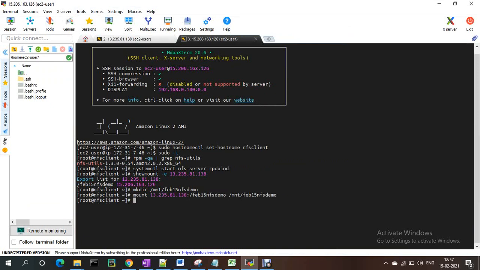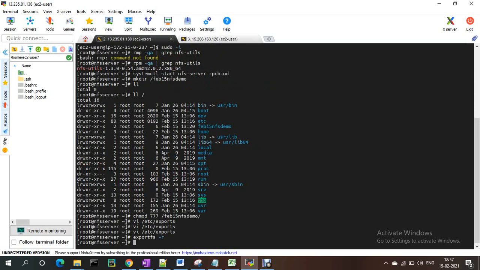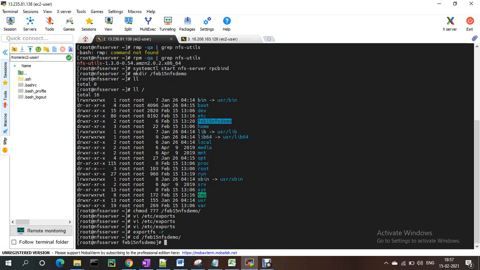Okay, so now I have switched to our folder feb15. I am in this directory, which is what we are going to share, and I am trying to create files: touch file1 file2.